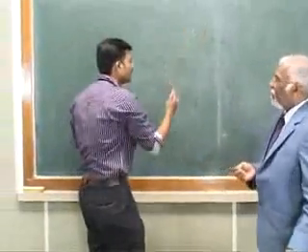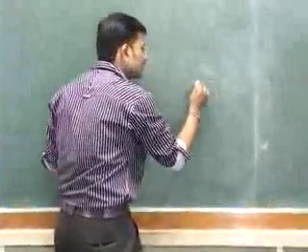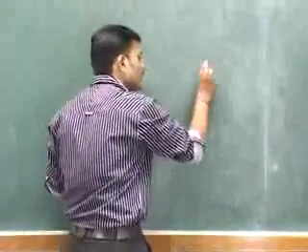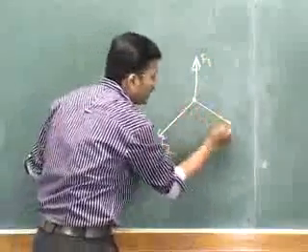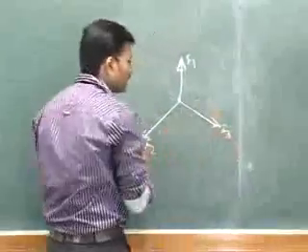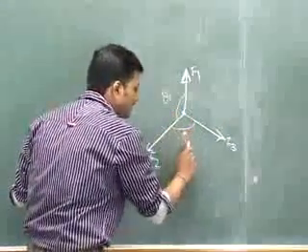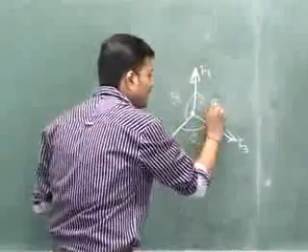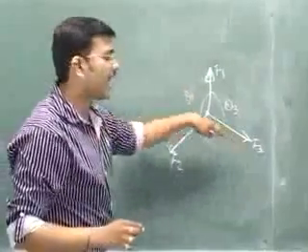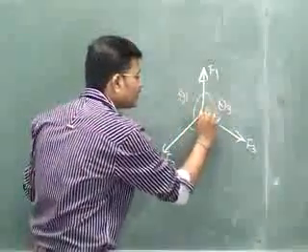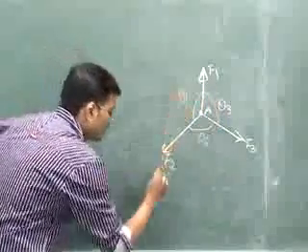Lami's theorem is applicable when there are three concurrent forces. Okay. So if there are three concurrent forces, means forces passing through a single point. For example, this is the first force F1, this is the second force F2, and this is the third force F3. The angles between them, let's say theta 1, theta 2, and theta 3. If you have to calculate the forces which are acting at a point, let's say A is the point at which they are concurring, they can be calculated by